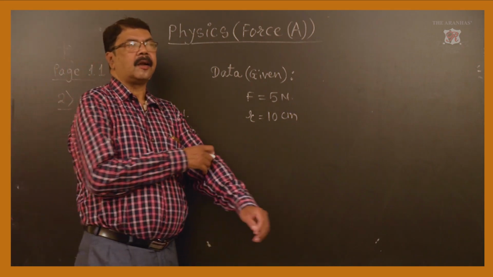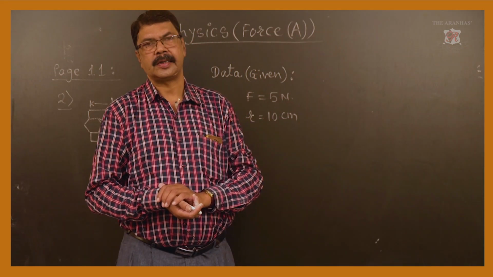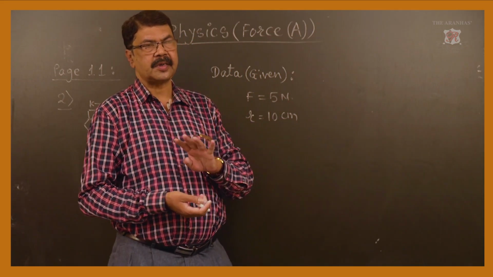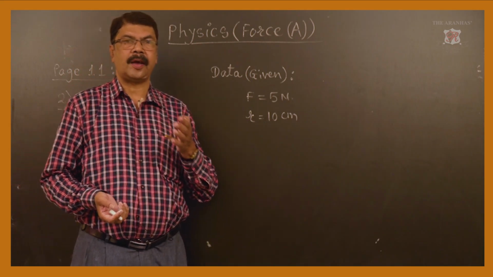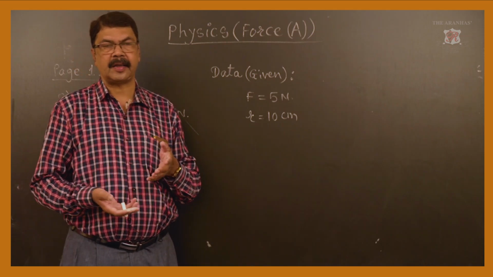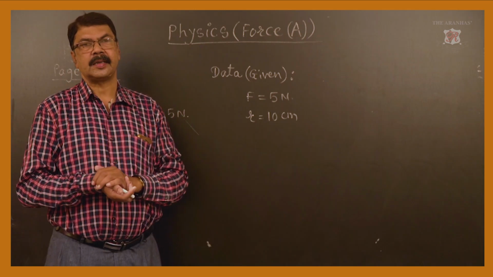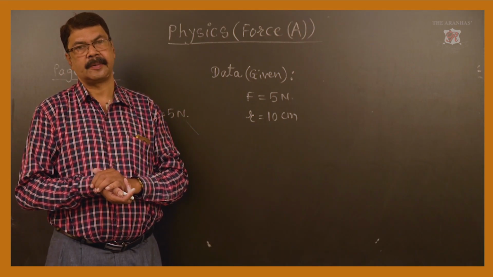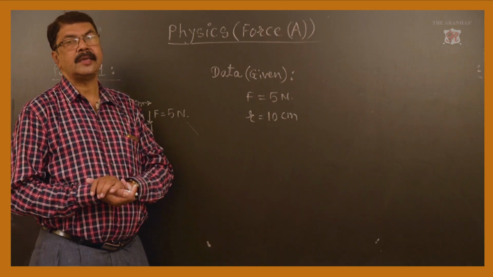Last year in 9th standard in chapter 1, you have studied about system of units. There are 4 systems of units. First one was CGS, second was FPS, foot pound second, third was MKS or metric system, and fourth was a combination of all of these, that is SI system of units. So observe whether all the units are in one system.